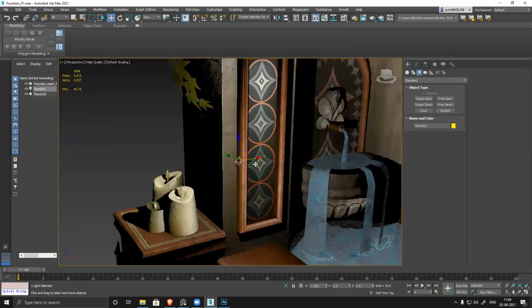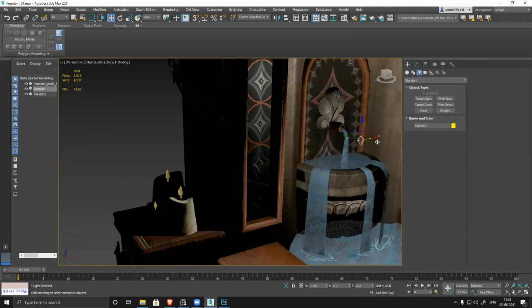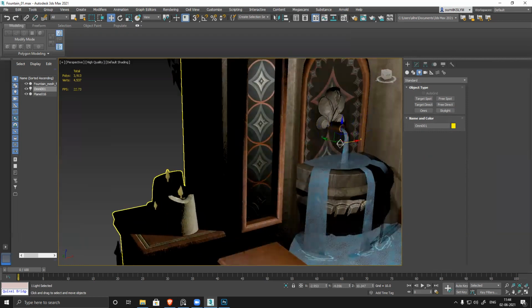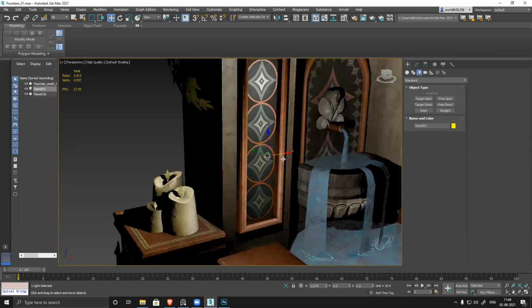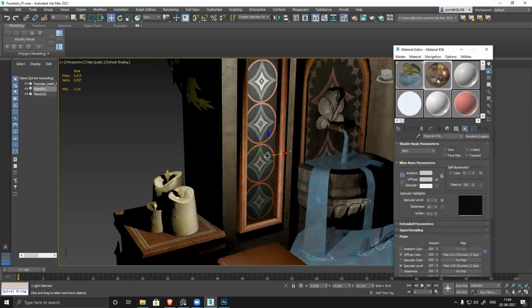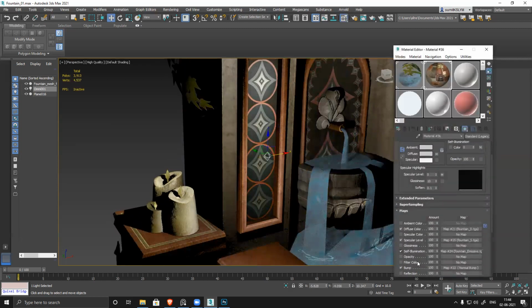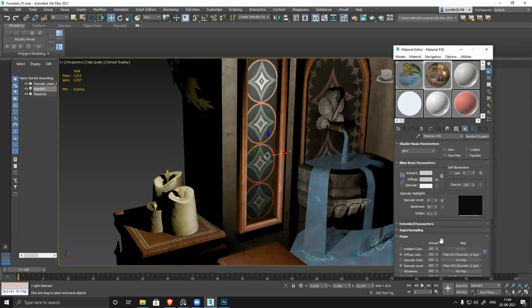Still not that shiny the way I wanted. But I can see all the normal information is visible. And emissive is not glowing. That's strange. Still not glowing.